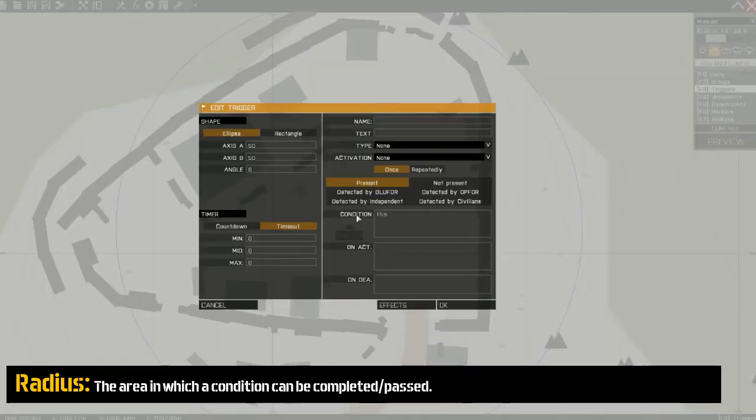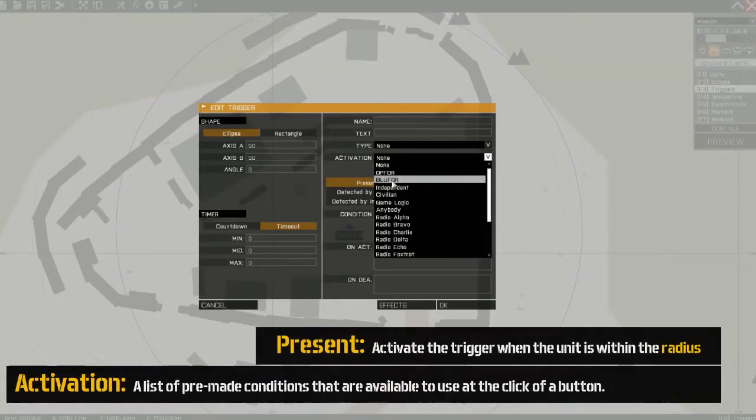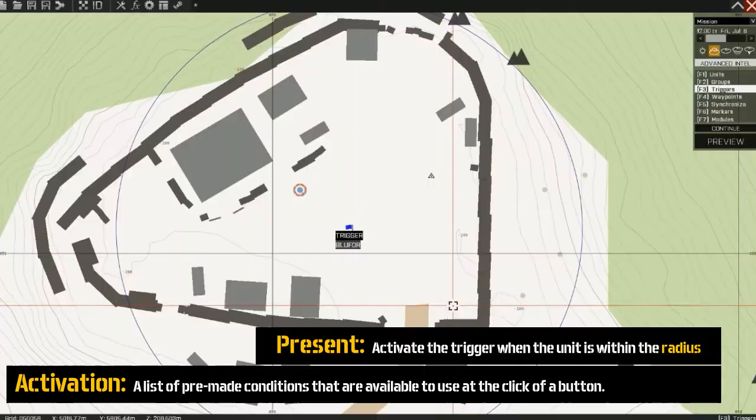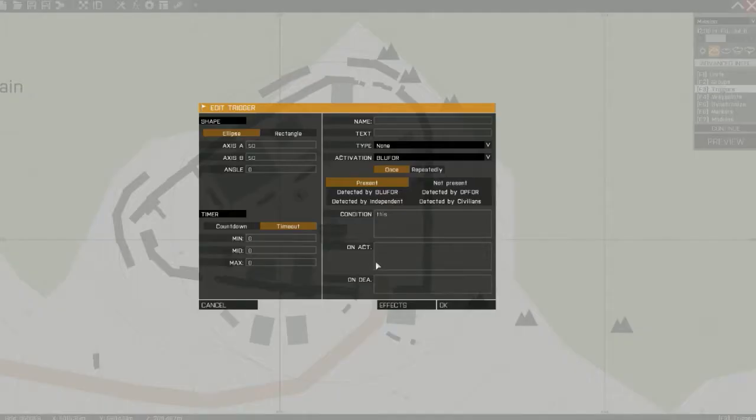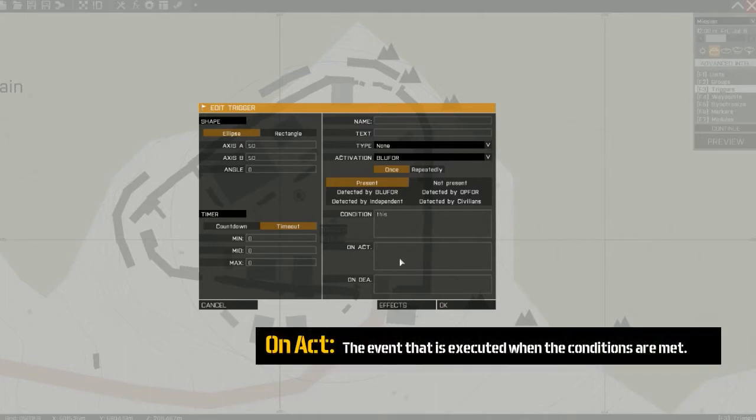So if we click activation blue 4, that means that if blue 4 is present within the circle, something will happen. So if I put hint and then put